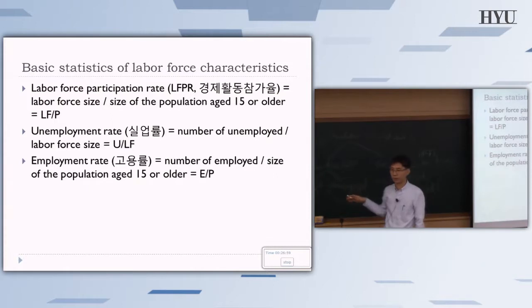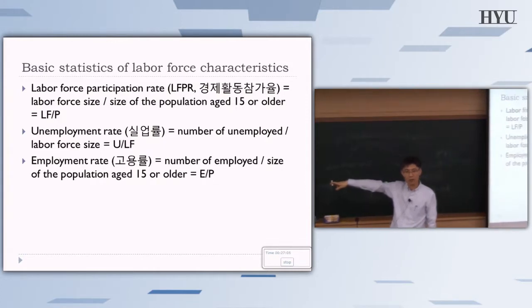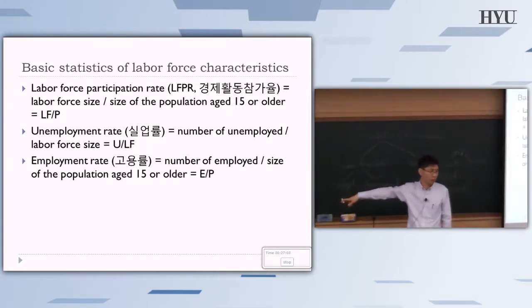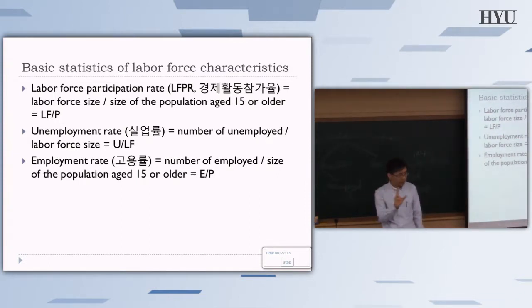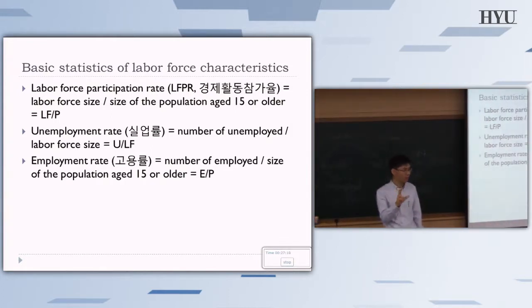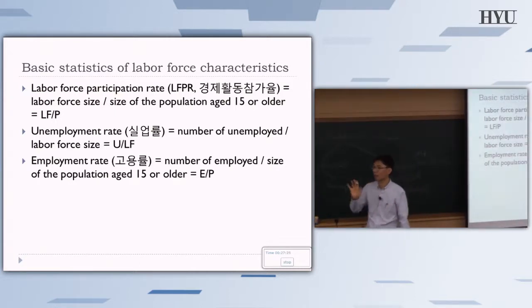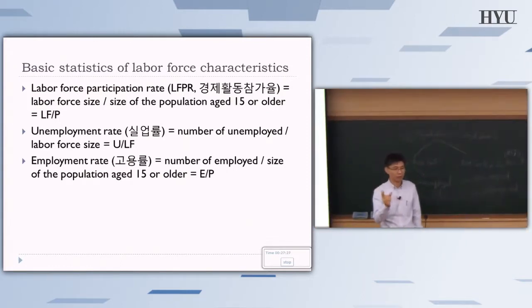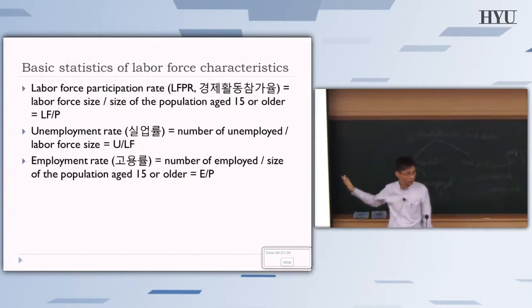Okay? So if you look at, let's say, other country statistics, then if the statistic is about employment rate, it must be E divided by P in any country. There may be a slightly different definition for E or P. Employed, they may have a slightly different definition. But working for pay or profit is the same, though how they define the person as working for pay or profit may be slightly different, but it should be almost the same. So there may be some differences in the definition of E or P, but